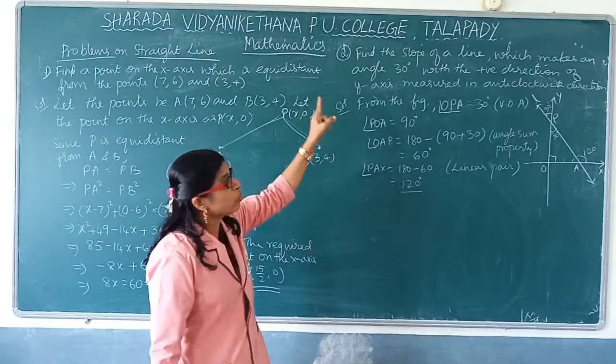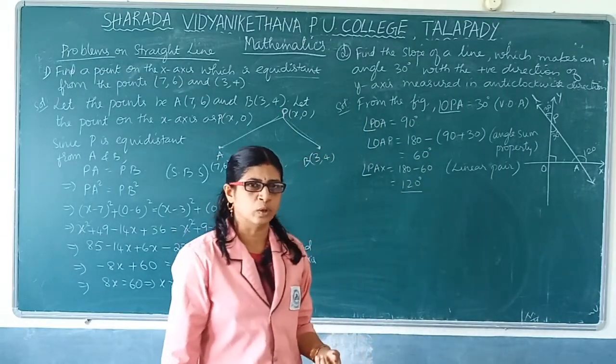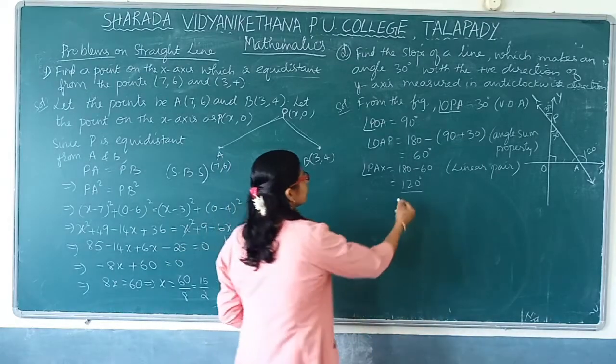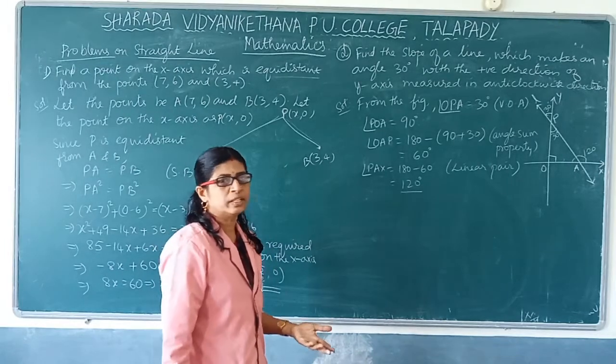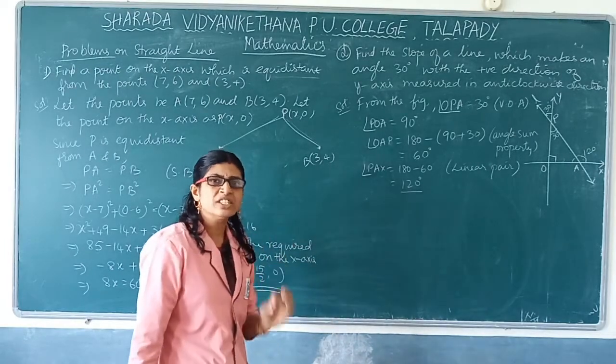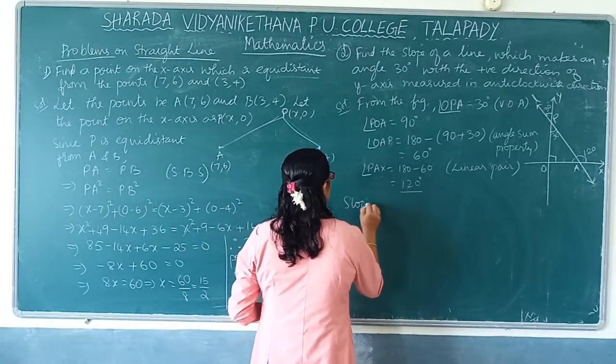We want the slope of the line. We don't want the inclination. Inclination is a part of finding the solution. That's all. Okay, we have got the inclination now. So after this we need to find the slope. What is slope? It is the tangent of the inclination. So the slope of the line is equal to